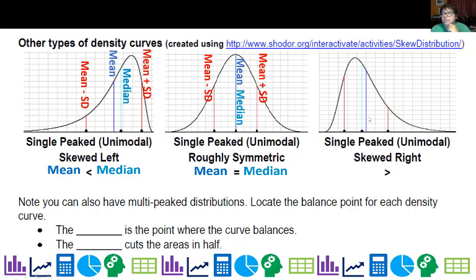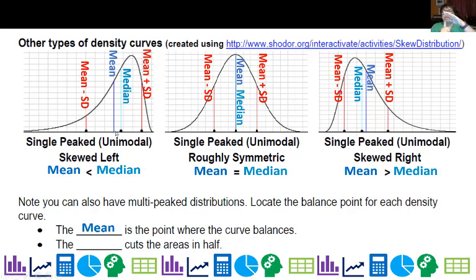Then a skewed right distribution would have your mean to the right of your median, and there are the standard deviations again. And this is going to come in handy here in just a second. So you're going to see why I'm curious about things that are 1 standard deviation away. Again, because this is skewed right, the mean is greater than the median. Now, the mean is a cool point because if you were trying to balance these curves, you would put the balance point under the mean. That's where the curve balances if I were to cut it out and try to balance it. The median cuts the area in half. So you have half the data points before and half the data points after.